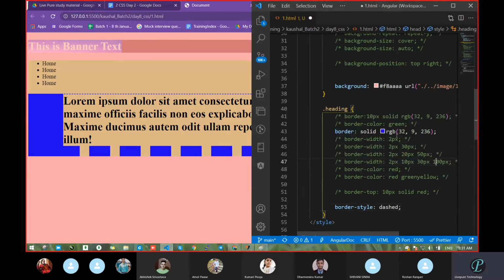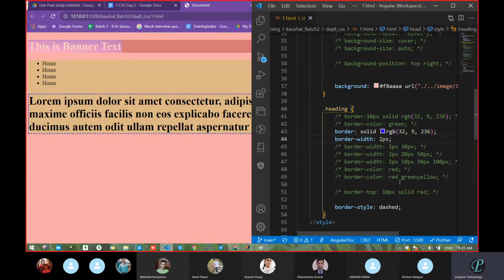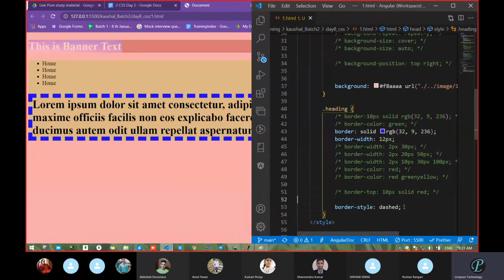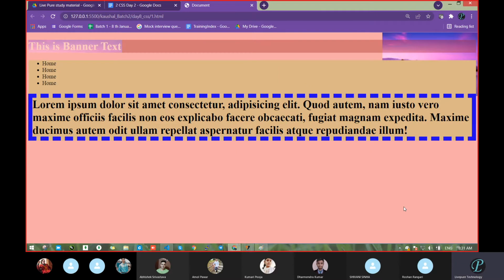Just comment this and uncomment my single value. Let's see. We got that value on all sides. I do not want this one. Somebody will ask, if you do not want left, why are you taking that? Okay, what I want is two or three directions different. Pass another value. Go with solid. What happened?